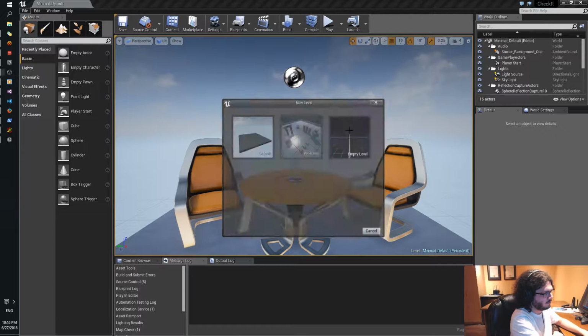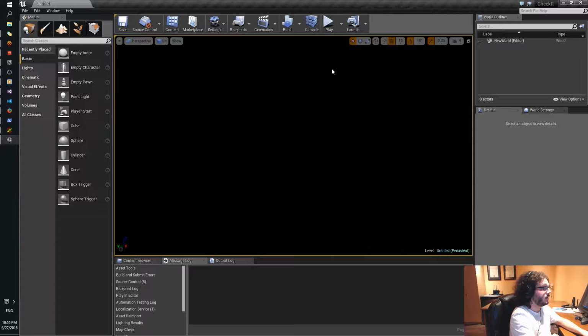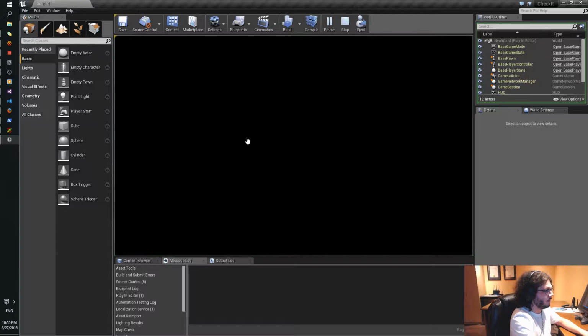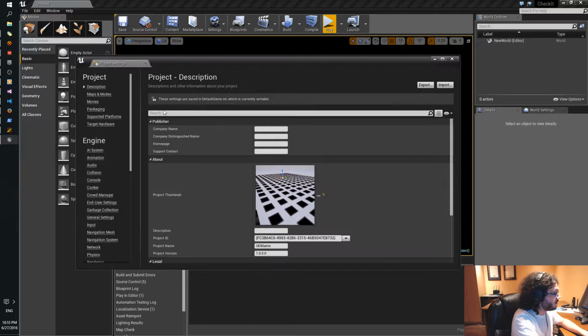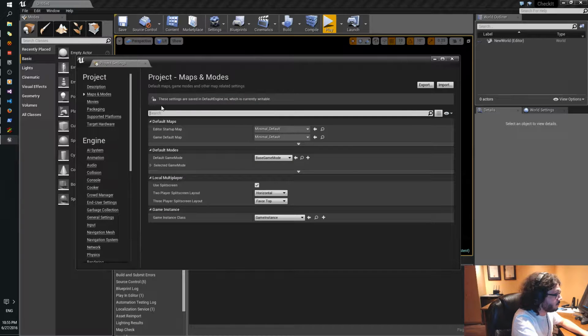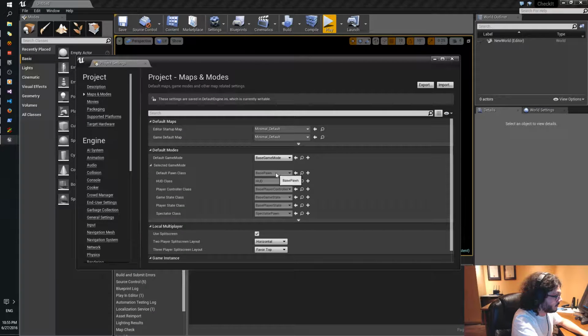We'll make it an empty level. Okay, so now we click play and it works as intended. In the project settings, maps and modes, base game mode, which associates all that together, so that's good. We still haven't made a custom HUD yet, but that's okay.